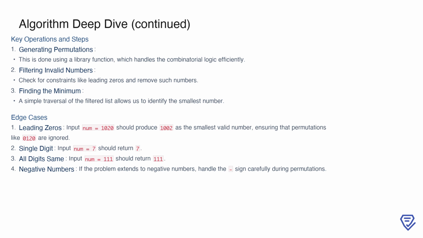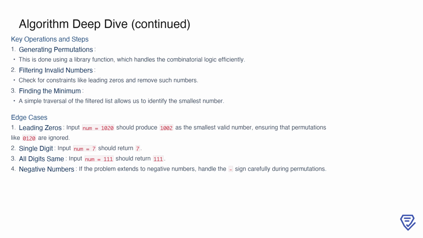Additionally, certain edge cases must be considered. For example, inputs like number equals 1020 should produce 1002 as the smallest valid number, ensuring that permutations like 0120 are ignored. For single-digit inputs like number equals 7, the output is simply the same number. When all digits are identical, such as number equals 111, the result remains 111. If the problem extends to negative numbers, the handling of the dash sign during permutations must be carefully managed to